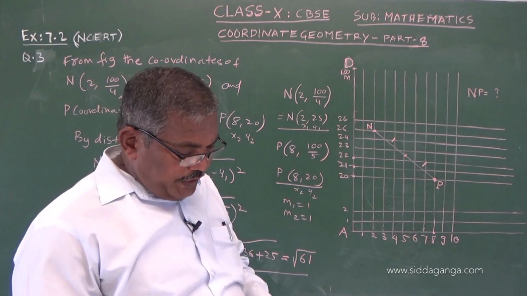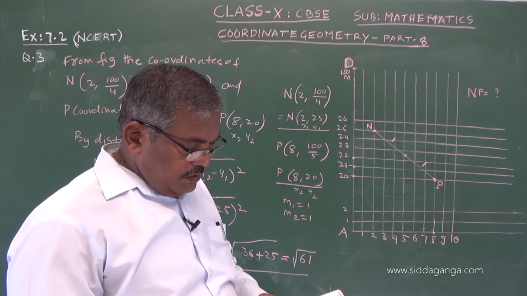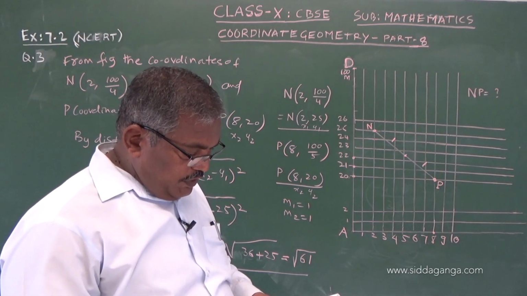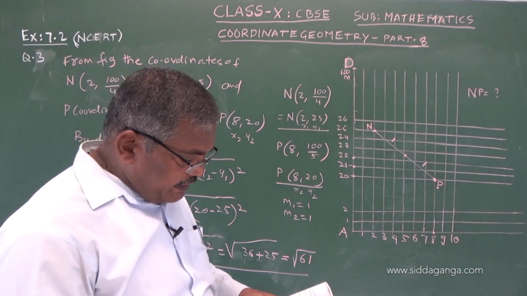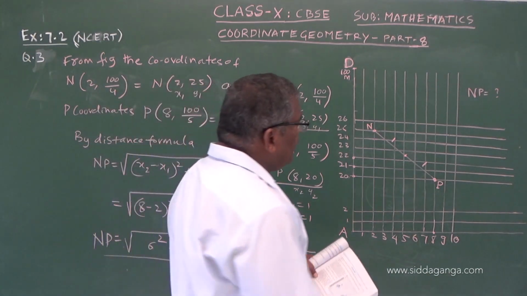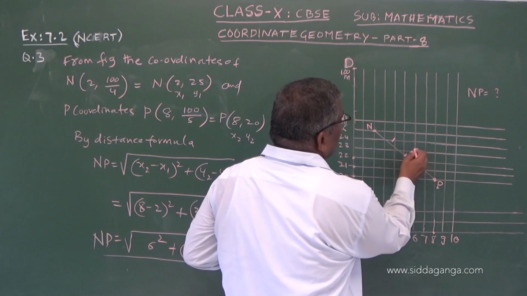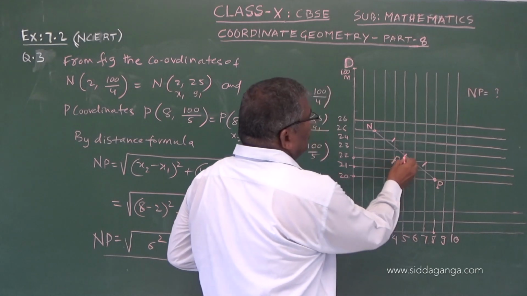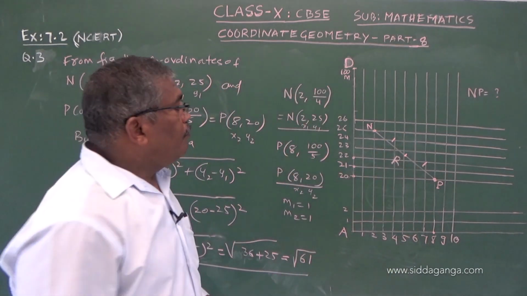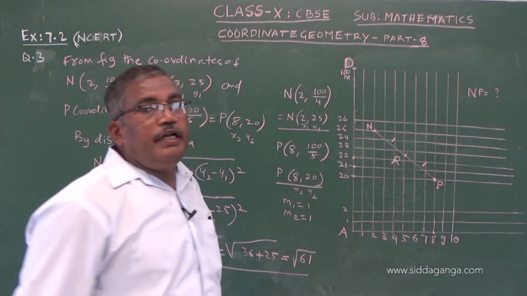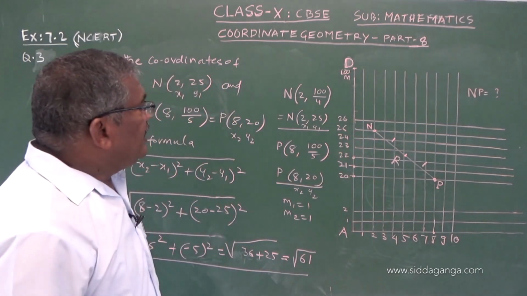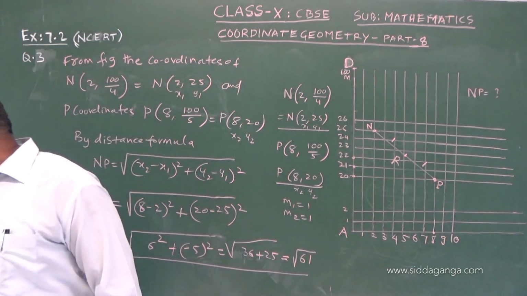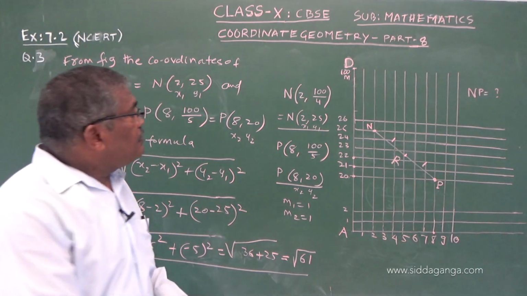where the third student Rashmi has to post the blue flag exactly halfway between the line. So another student Rashmi, I will call this point R, the midpoint. So to find the midpoint coordinates, we have to go for the section formula for midpoints. So for that I will erase this sketch now.